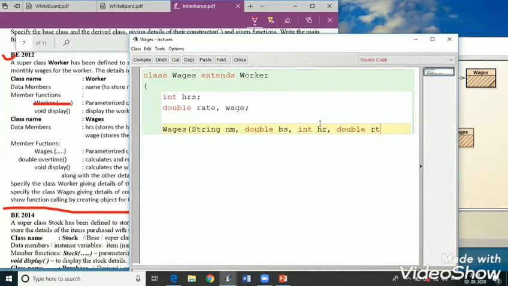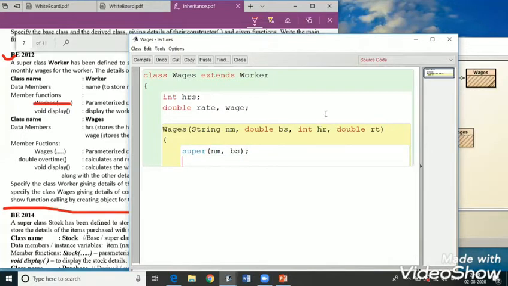double rt for the rate. And now remember that the first line of the derived class constructor should be super. This super is used to execute the base class constructor. And in the base class constructor, there are two variables only, that is nm for the name and base for the basic salary.